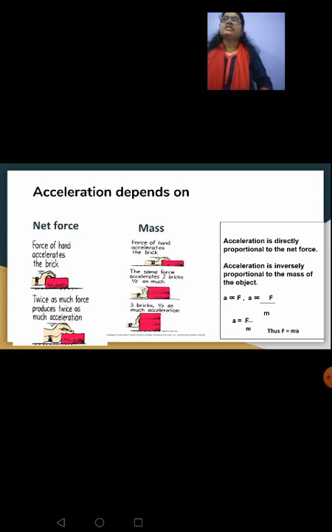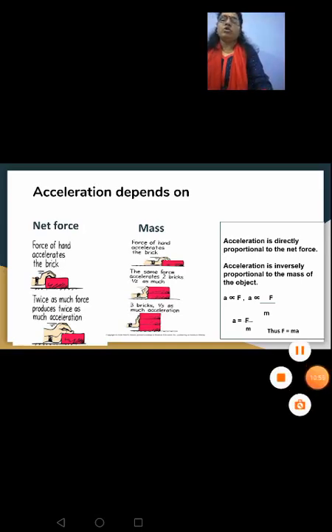So, acceleration is directly proportional to force and inversely proportional to mass. So, we write a is proportional to F upon m. Obviously, a is equal to k F upon m. When you remove this constant by supplying the value of 1 to it, it becomes a is equal to F upon m. Now, we want Newton's second law of motion, that is F is equal to ma. This is one more method of deriving Newton's second law of motion. Hope you all understood this thoroughly.